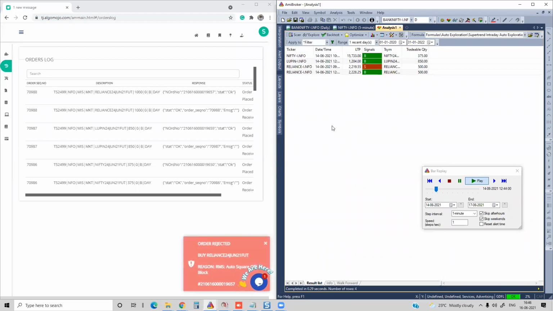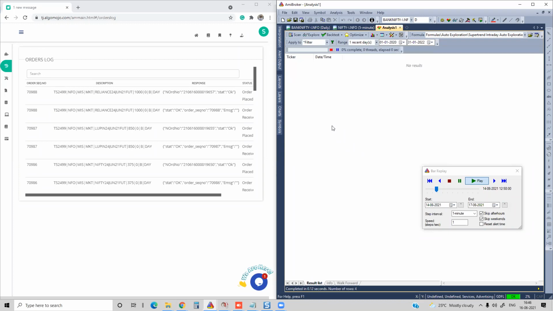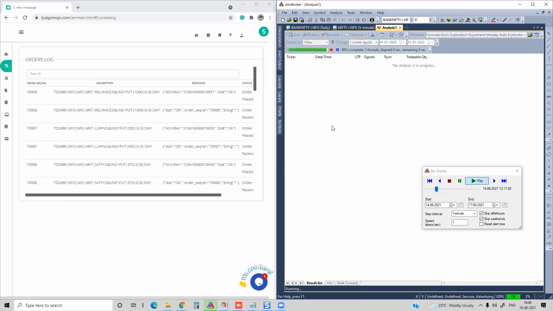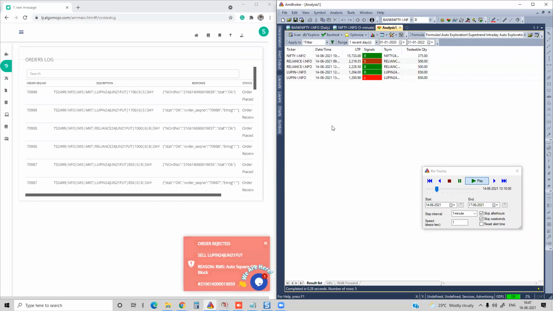And again, one more in Reliance, shorted and then it got an exit. Of course, there was some 9-point loss. So Nifty long is running, Lupin long was running. Those are the two things running so far. So charting based trading you can also do, and you can also do simple execution using exploration. Exploration based trading is very, very helpful, especially if you are an intraday trader looking at multiple symbols. So again, Lupin got an exit.